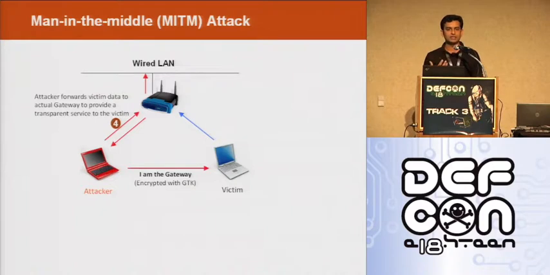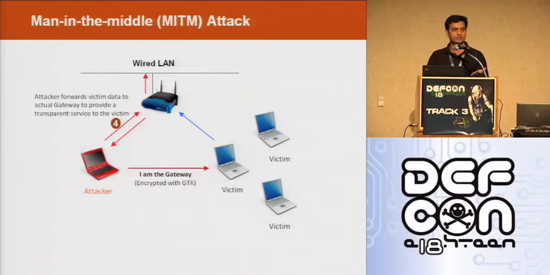So just by exploiting the GTK shared key and forging its own broadcast packet, the attacker is able to redirect private traffic of other victims to its machine and able to provide services. Since the attacker is sending broadcast frames, it means all other Wi-Fi client devices which are also present in that network are going to receive that packet and update their ARP cache. So the attacker is not just victimizing one Wi-Fi user, he is victimizing almost all Wi-Fi users who are in the range of that attacker.